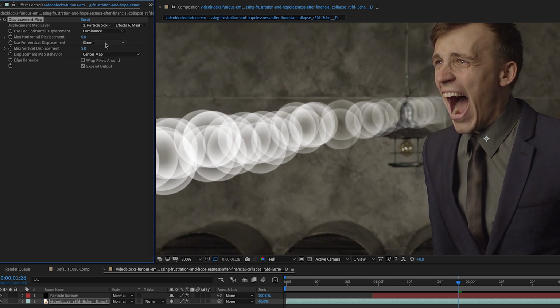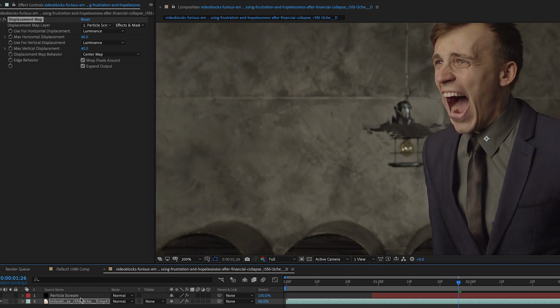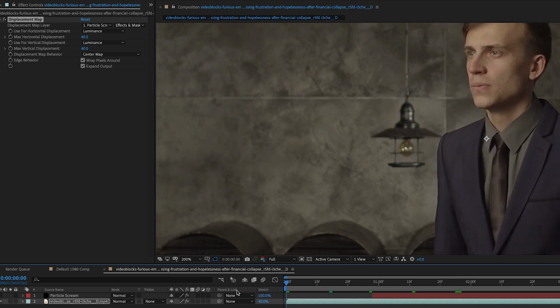So I'm going to change both of these to luminance, and I think I'm going to increase the displacement. Let's start with 40. Let's do this a great deal. And we can go ahead and wrap the pixels around if we want, but in order to really see the effect of this, I'm just going to turn the visibility for this layer off. And now if we play this, let's watch this area where the bubbles were,